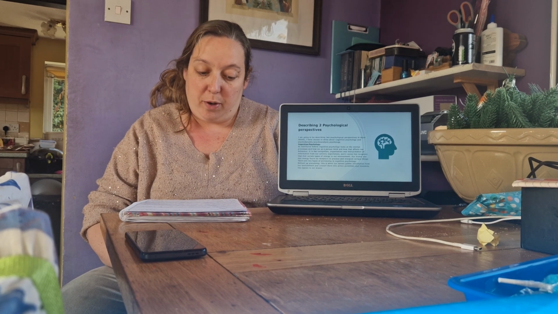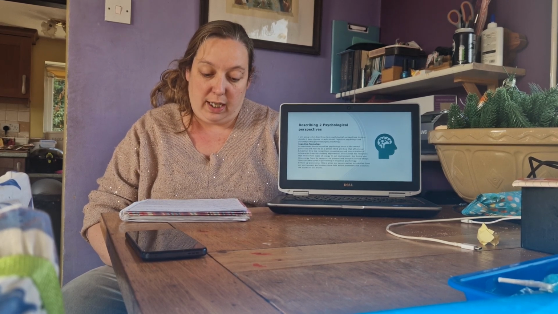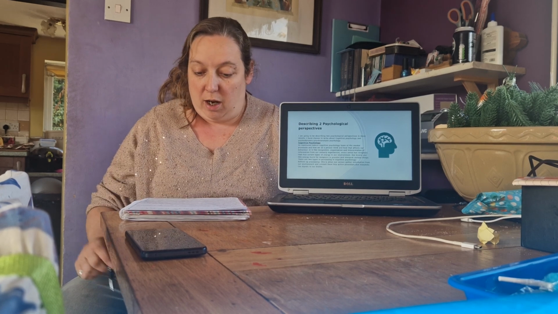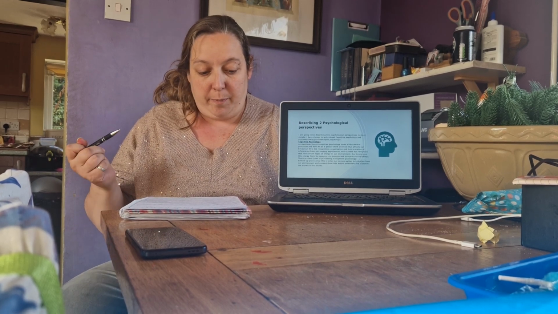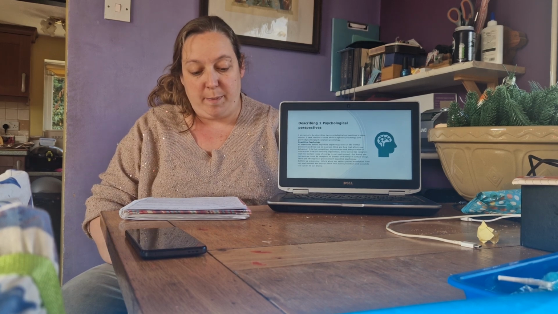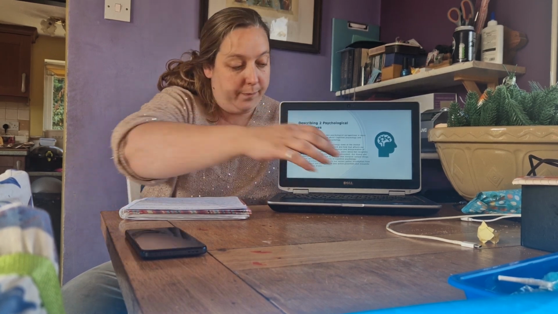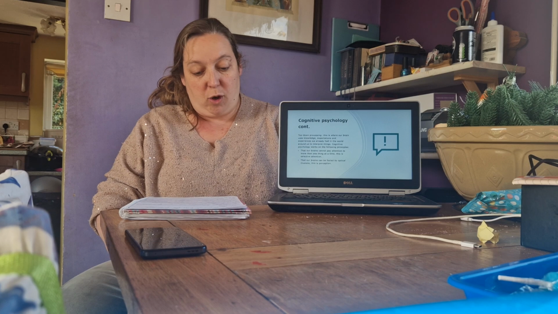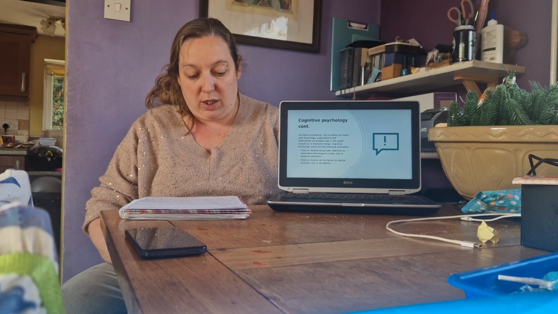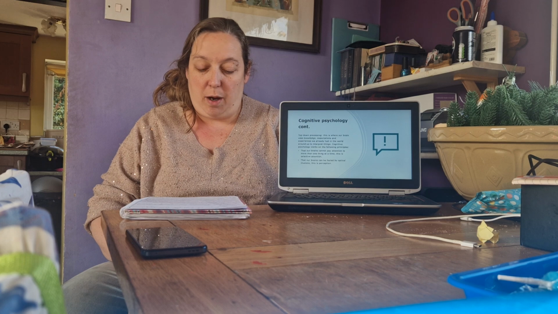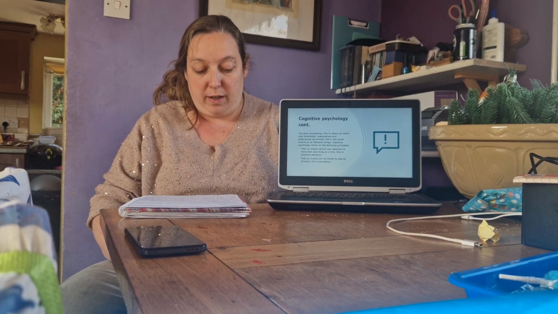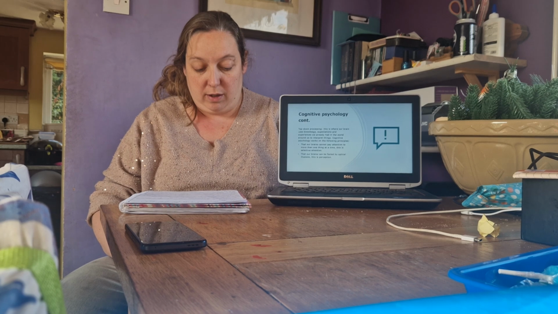There are 2 types of processing in cognitive psychology. Bottom-up processing. This is when our senses gather info from our environment and convert them into action potentials and transmit the signals to our brains. And then there's top-down processing. This is where our brain uses knowledge, expectations, and our past experiences we've already had to interpret things in our